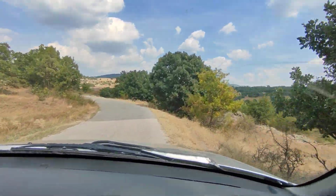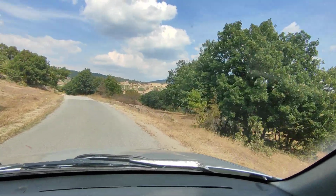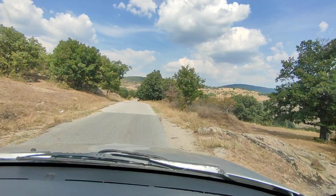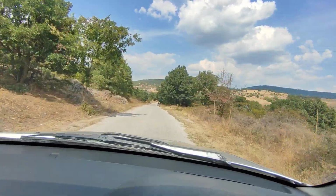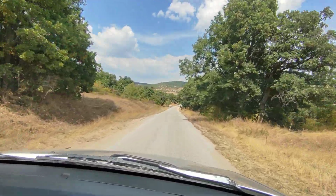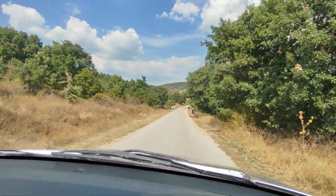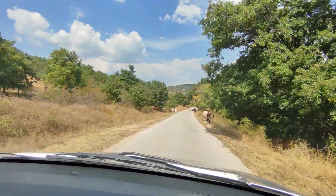Hey everybody, we are doing a video today of the drive-through of Kostur, which you might just see there in the distance. It's a beautiful little village. We're getting high up into the Sakar mountains here, just sort of north of Stalingrad. It's probably going to be quite a short video because it's a really small village. It's got a population of around 40 people now,